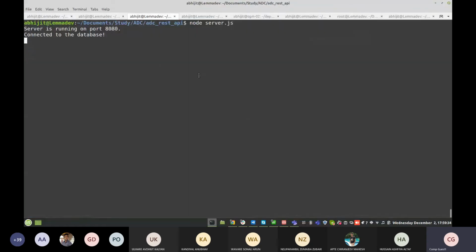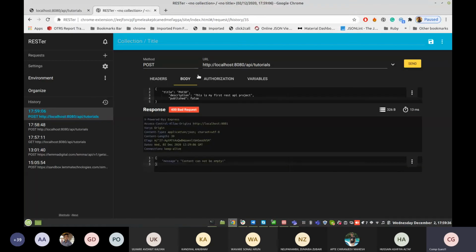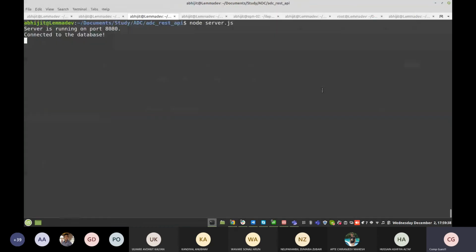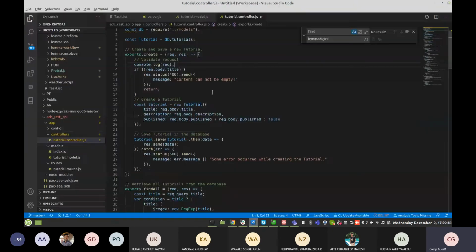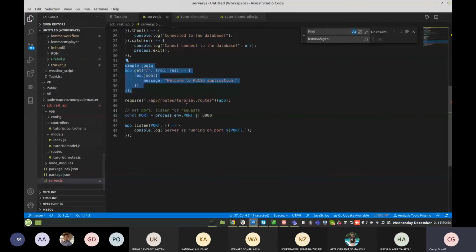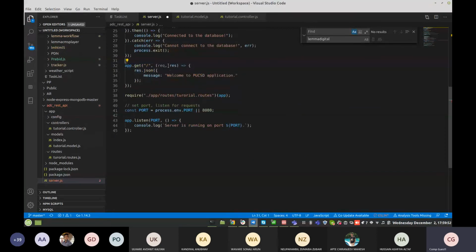Okay, so whenever I hit here, there is nothing coming here. Here is the problem. Controller server. Oh, sorry.